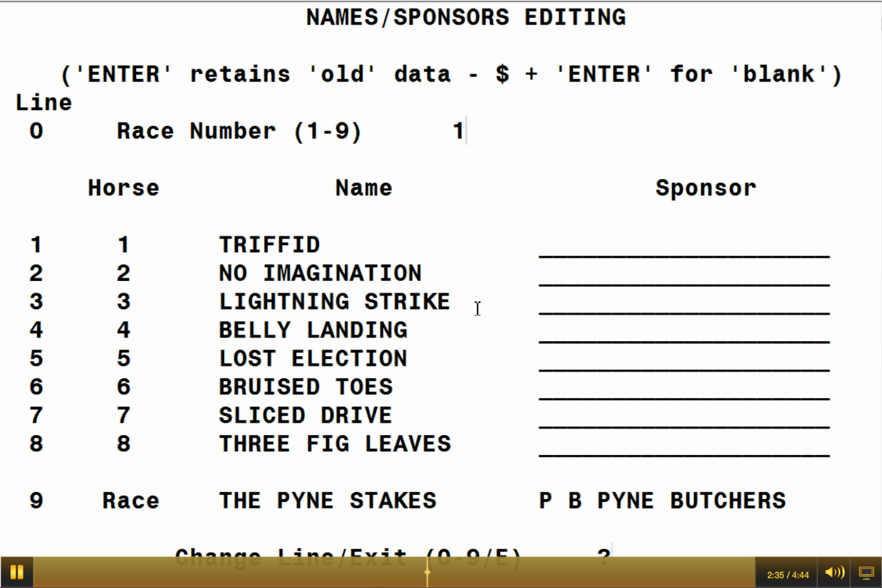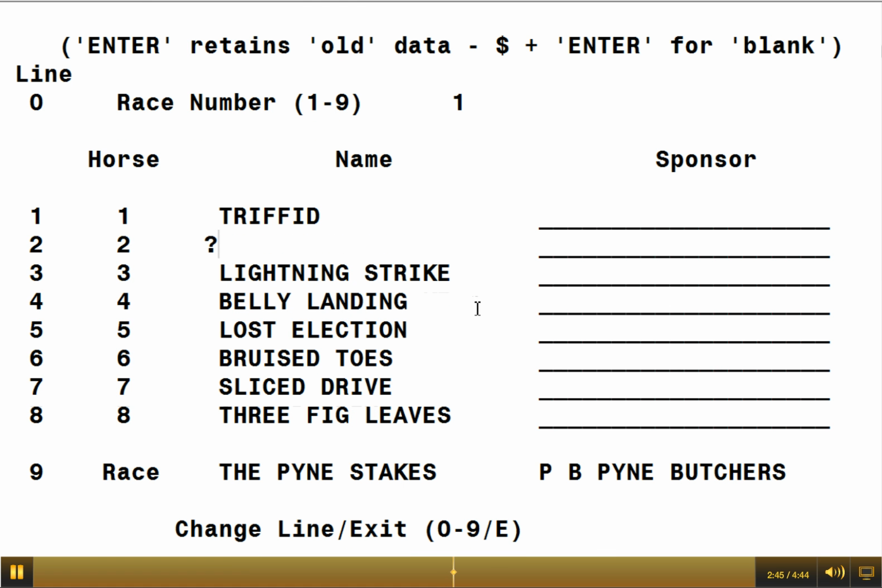number 9 is the race number. 0 enables you to change to a different race. That's it. So if we were going to change the sponsor on horse number 2, for instance, if we enter 2, you'll see that the cursor has moved up to the name for number 2. If you want to retain it and keep the name as before, you just press enter and it will keep